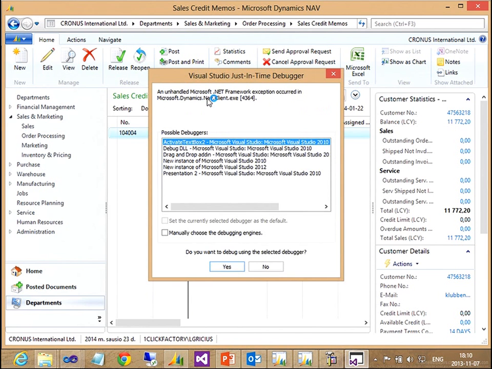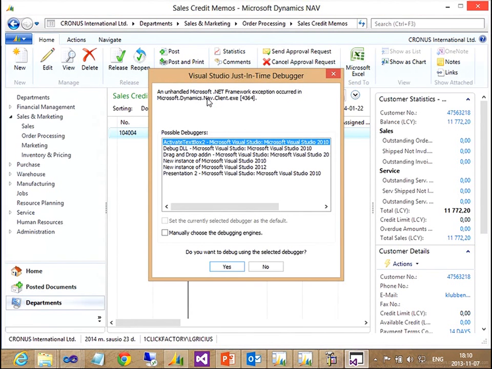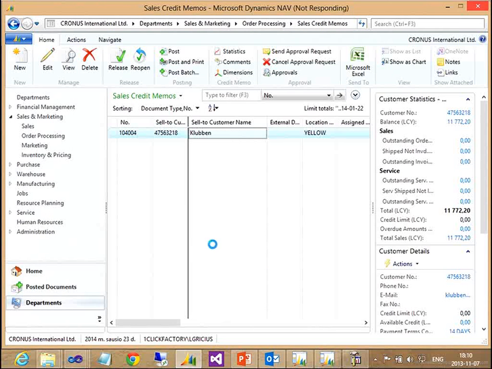So you see, now as soon as I try to run the page, a debugger option window appeared here, asking me to choose which development environment I want to use for debugging, or whether I want to open a new one. So we can use the already existing one. And if I push yes,